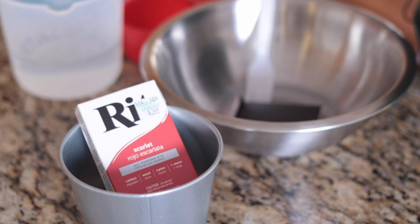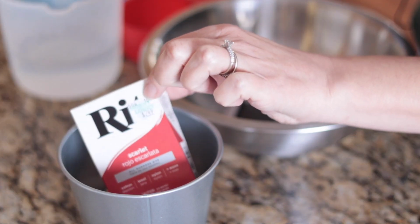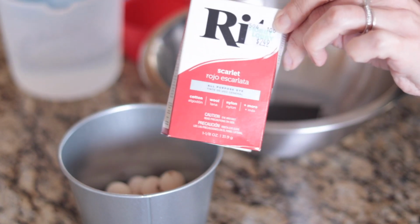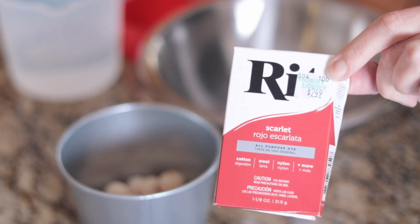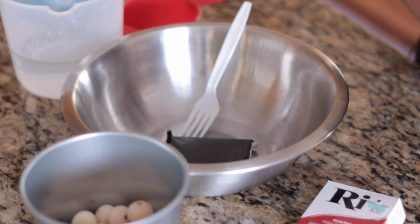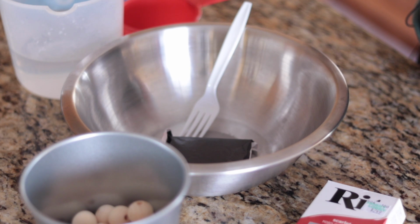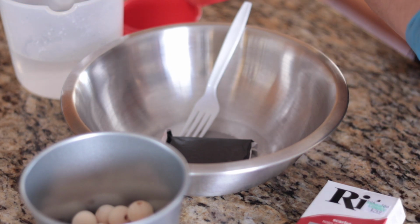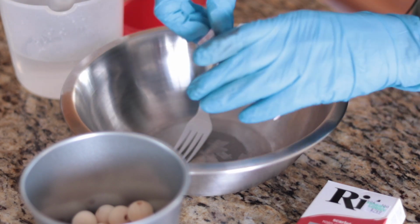I'm going to try 2 different ways of painting my wooden beads. I've got this Rit powdered, and the only reason why I got this one was because it was way cheaper than the liquid. I'm going to go ahead and mix it into this metal bowl. I have 2 cups of water, but I want this to be really bright, so I might just do 1 cup of water. So I have this package in here,